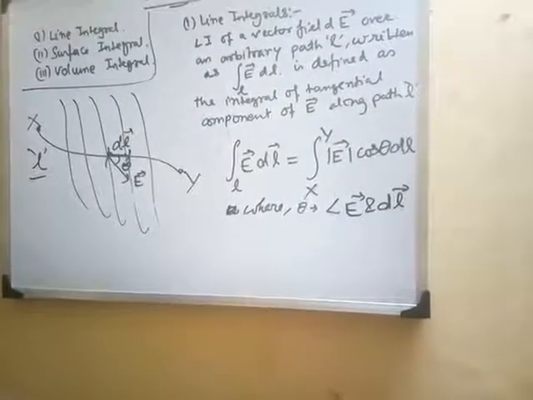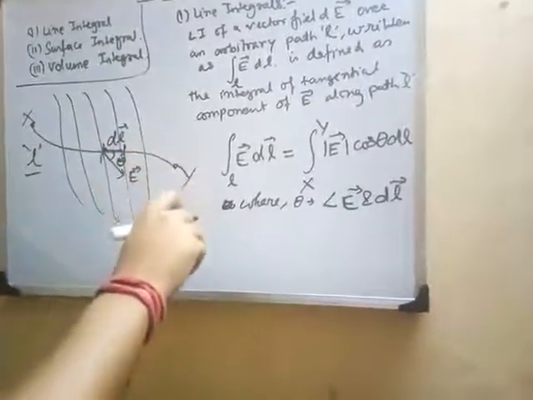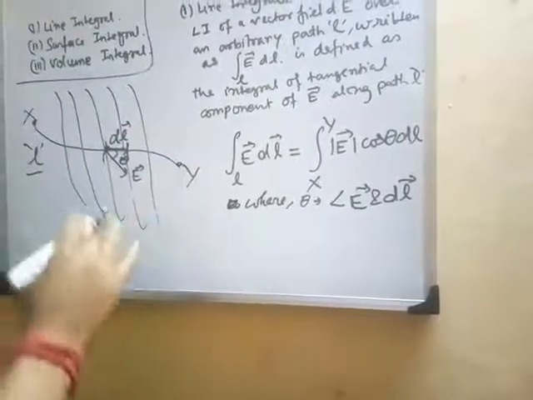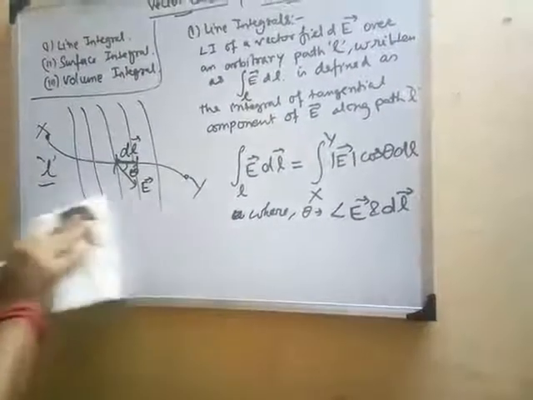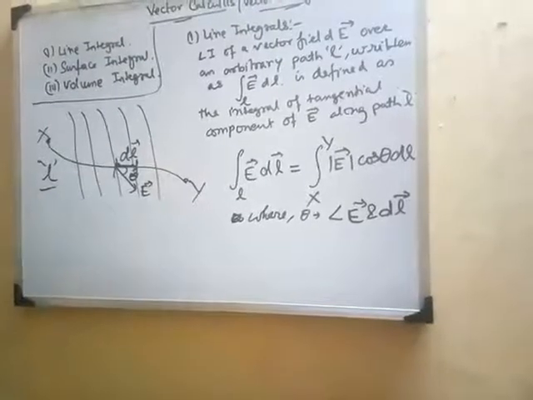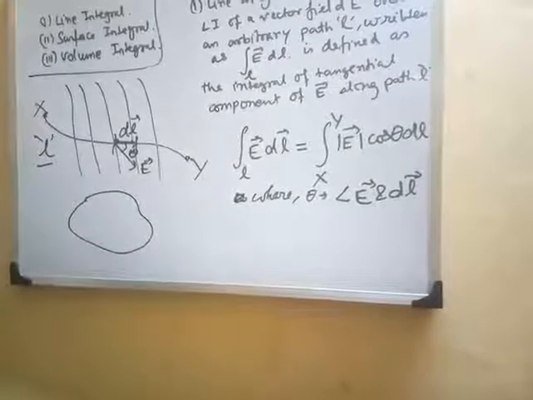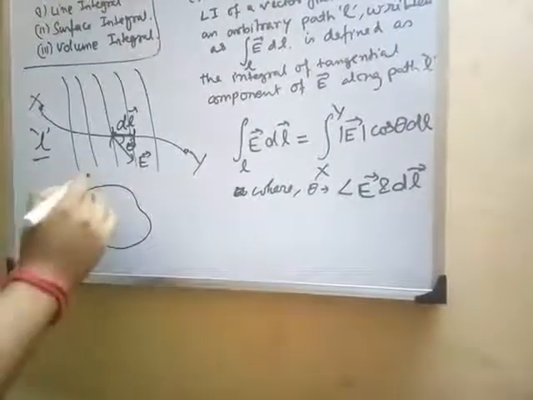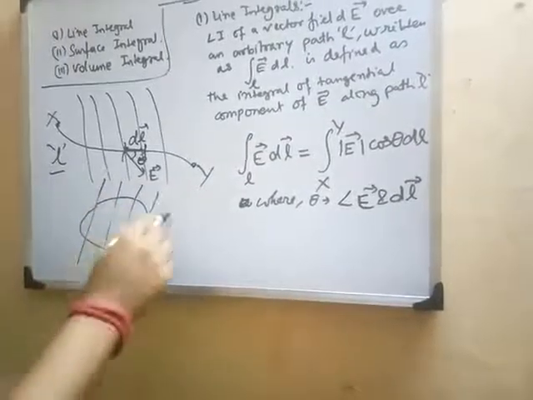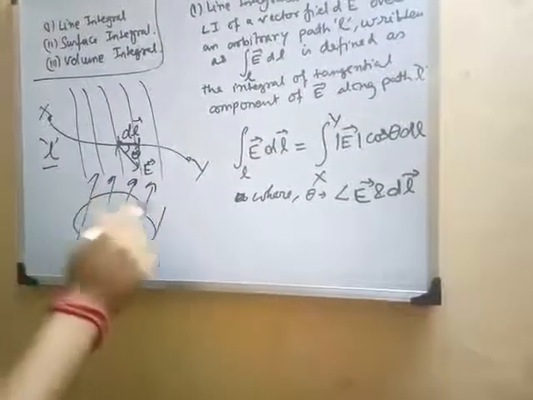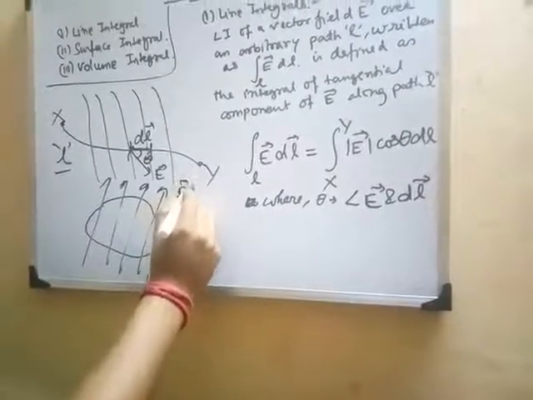Okay, so for this case, the line is x and y. This is an open line. Open line means it does not form a closed loop. Now suppose we have a closed line, that means like this, say this is a closed line. That means if I start from here, it is closed here. So it's a closed line, and again electric lines of force are incident over here in these directions. These are your E fields, E vector fields.